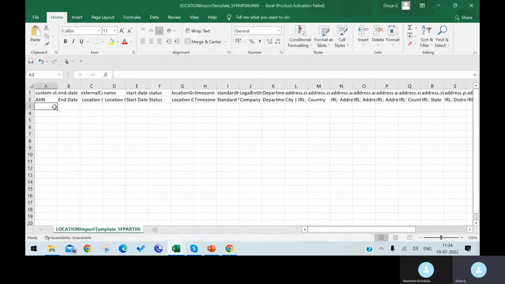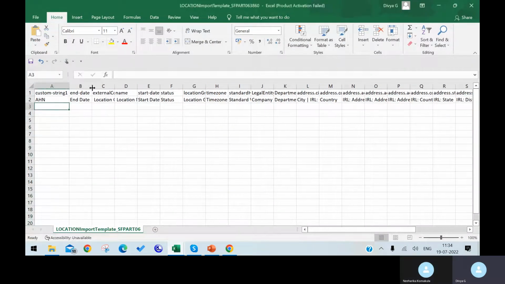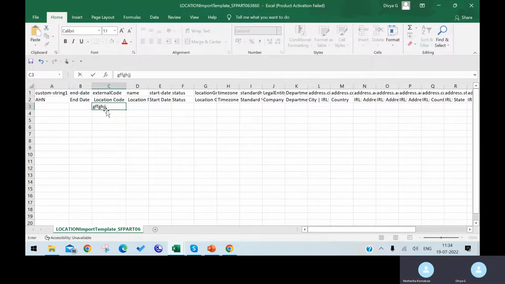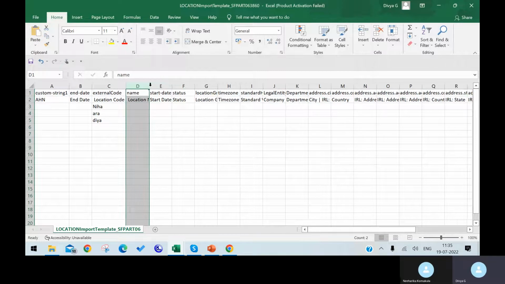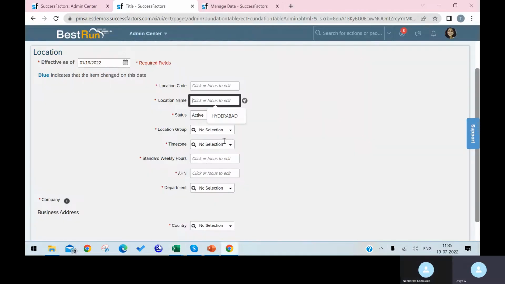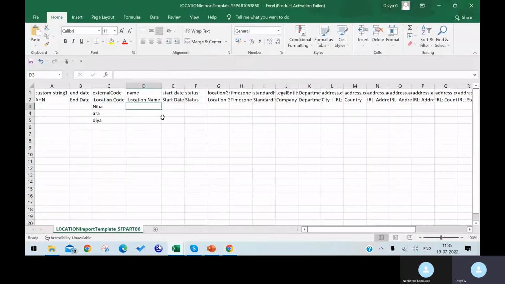Custom field is not required. External code is required, right? And this location name, we need to select the location name. So I am giving the location name as